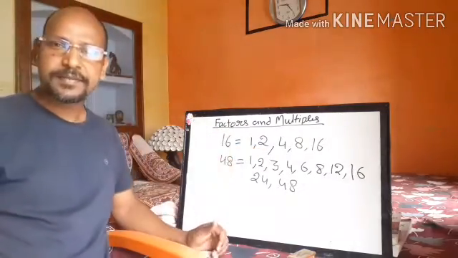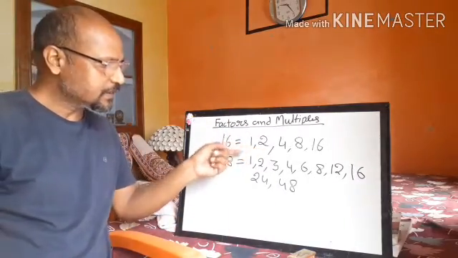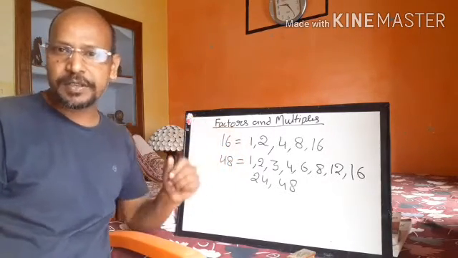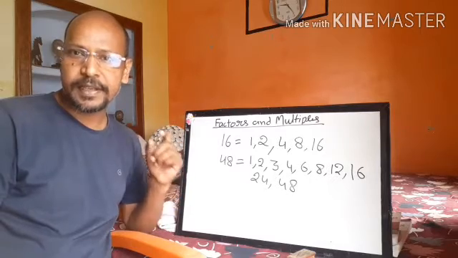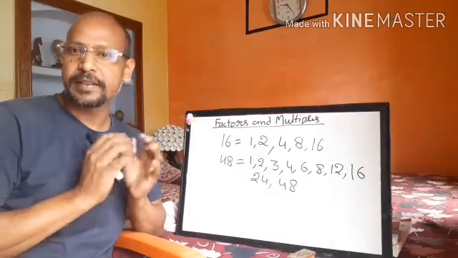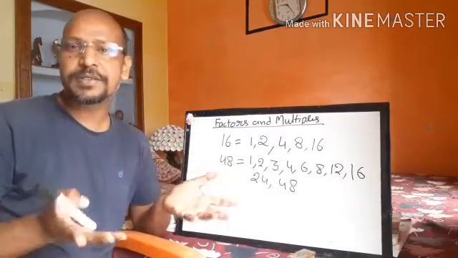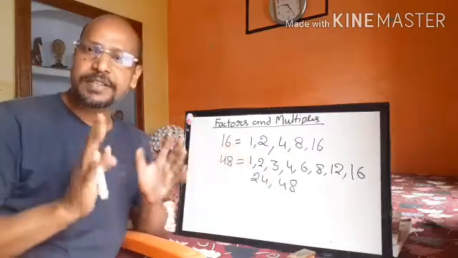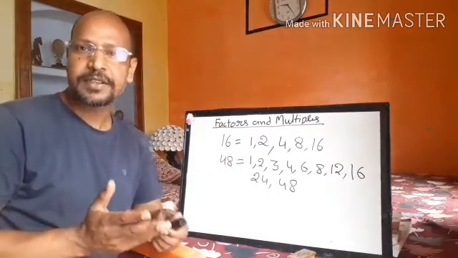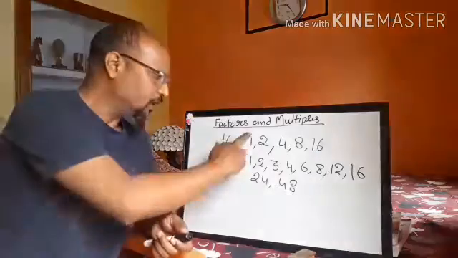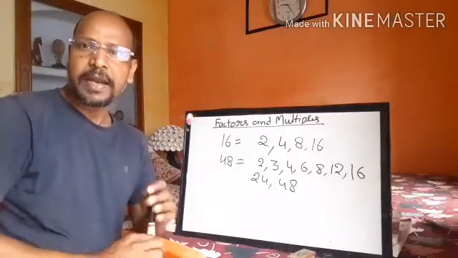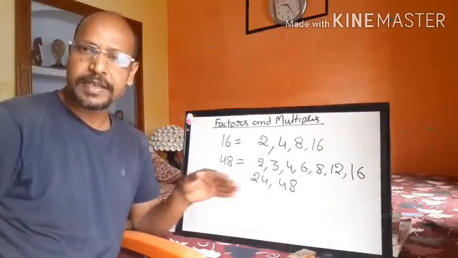You can see, guys, that 1 belongs to both lists. So this observation concludes that 1 is a factor of each number, either natural number or whole number. So 1 always stands as a factor of each number. So while we are going to find the factors, we never consider 1 as a factor. So I am removing it. And the number itself is also its factor.